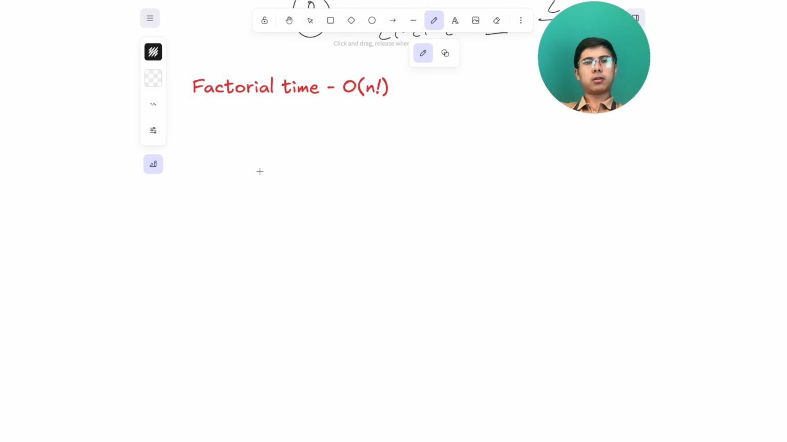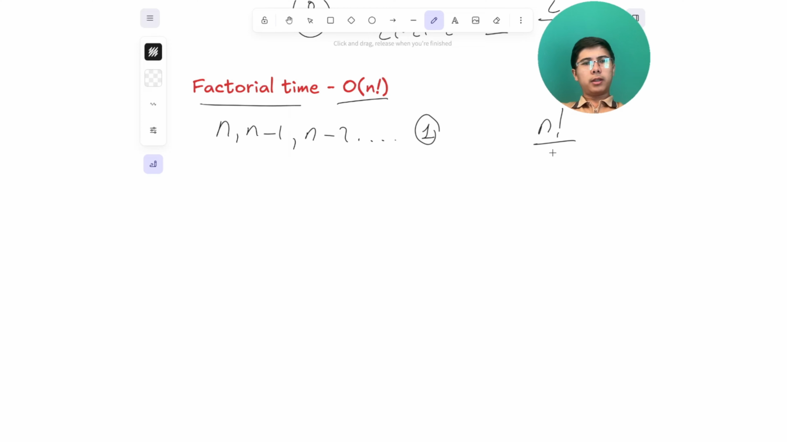So one of the last complexity types that we are seeing is factorial time. Factorial time appears when at each next position we choose one element from the remaining elements. The number of choices decreases like this: n minus 1, n minus 2, and so on, until 1. Therefore, the total number of combinations is n factorial,